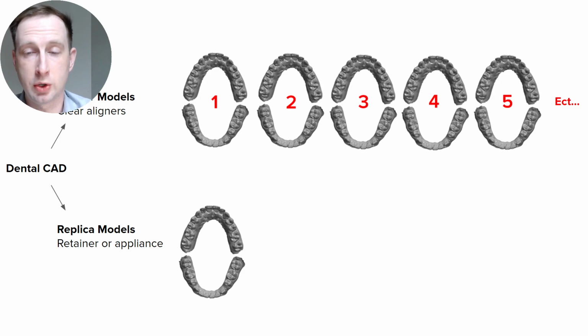This is sort of just a visual representation, but there are many treatments, as you all know, that can be 20 plus steps in the overall treatment. So it's quite a bit of models, and the CAD software is critical to producing these parts that are 3D printed and made. A replica model, which is obviously just a diagnostic or just a replica of the patient's anatomy and dentition, is ideal for retainers, clear retainers that are thermoformed, or other orthodontic appliances like Hollies or what